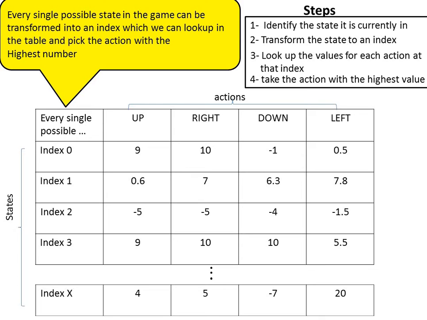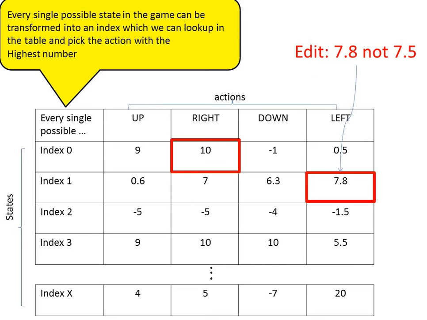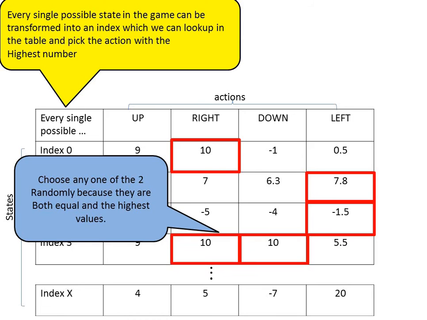In this example, at the first index, it's going to pick the action right, because right has the highest Q value, which is 10. In the second example, it's going to pick left, because left has the highest Q value, which is 7.5. In the third example, it's going to pick left again, because it has the highest Q value, which is negative 1.5. And on the fourth example, it's going to pick either right or down, because both of them